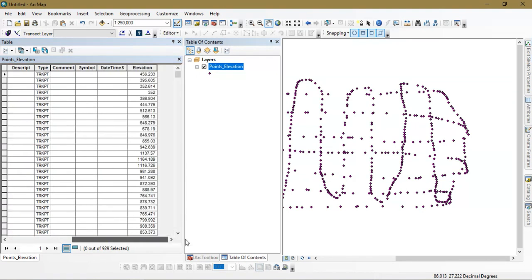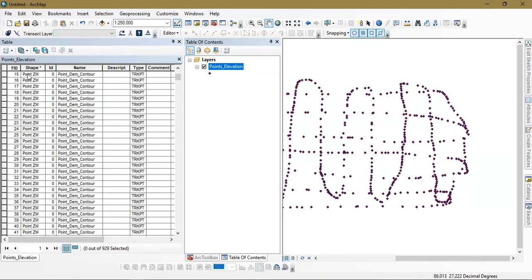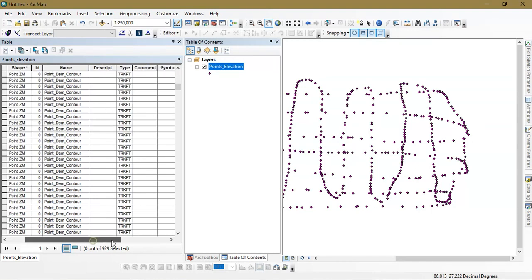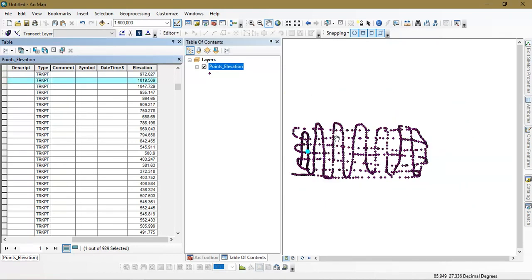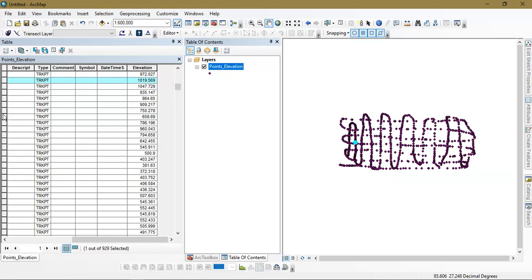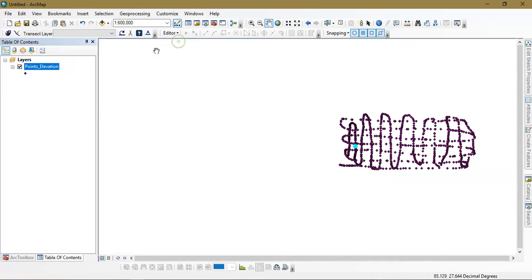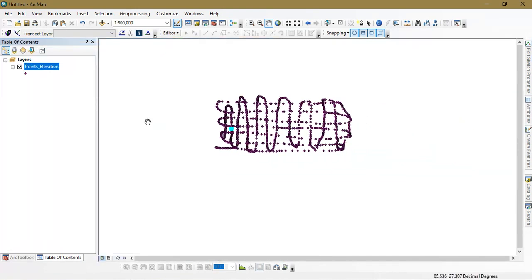When you drag it to the right-hand side, you'll see a lot of elevations available, as well as the shape's name. This has been generated by default, but the thing is that you have been generating elevation data for these points. If you select any one of these, it will have its elevation data on it. So with this we are going to create our DEM data as well as our contour.